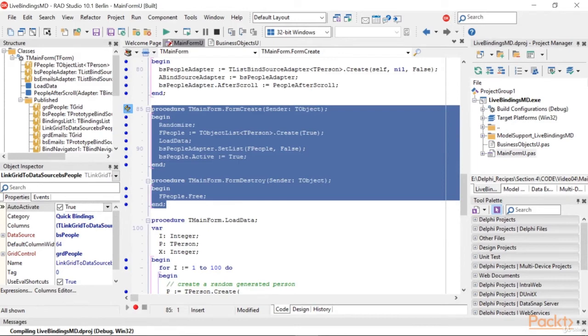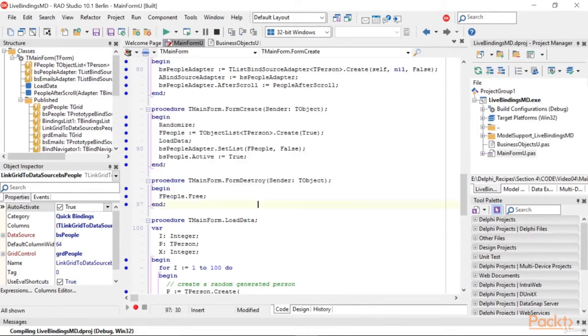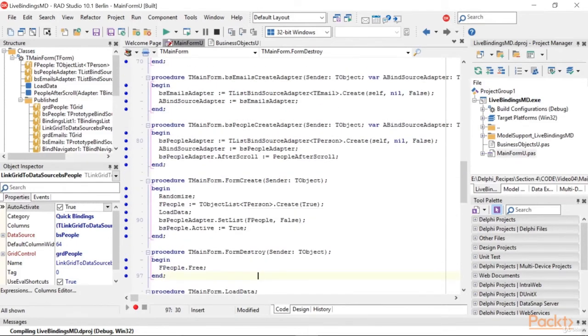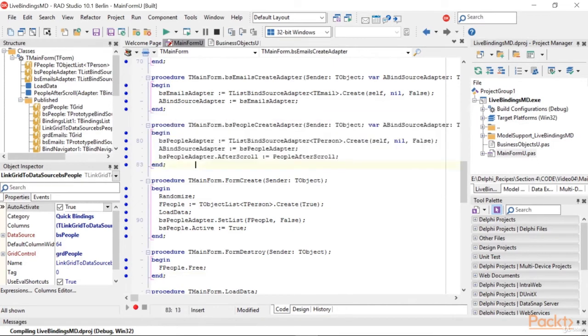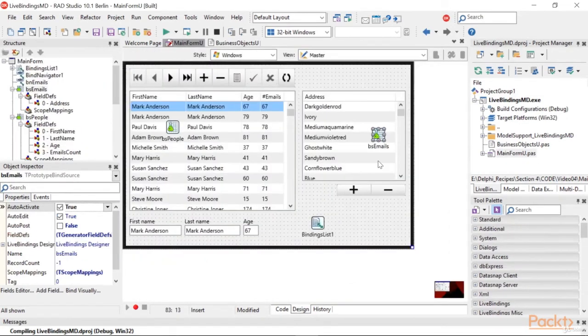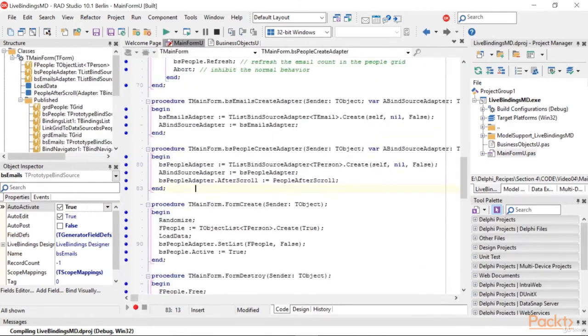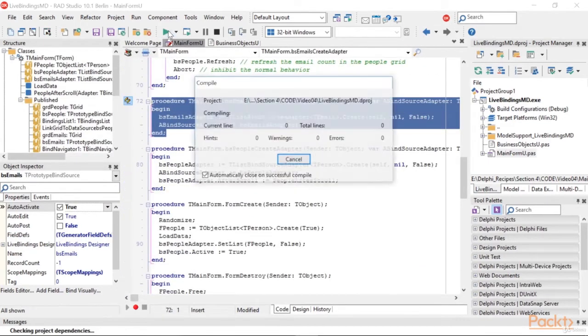Now, show the main form, select BSPeople, and create the event handler for the OnCreateAdapter event. This event is called when the TPrototypeBindSource has to decide whether to use fake randomly generated data or your real data. You have to handle this event and plug in the code to provide your data. Write this highlighted code in the event handler. Again, on the main form, select BSEmails and create the event handler for the OnCreateAdapter event, and this is the code for it. If you run the application,